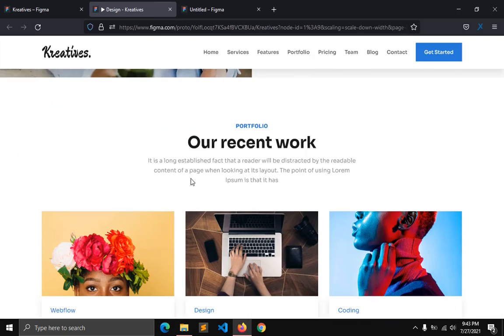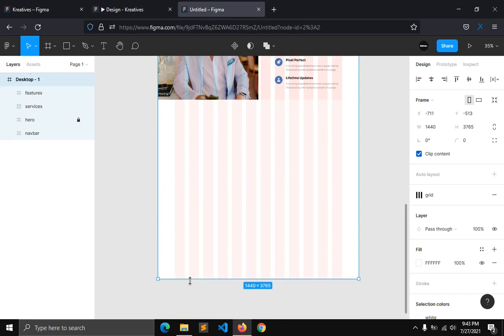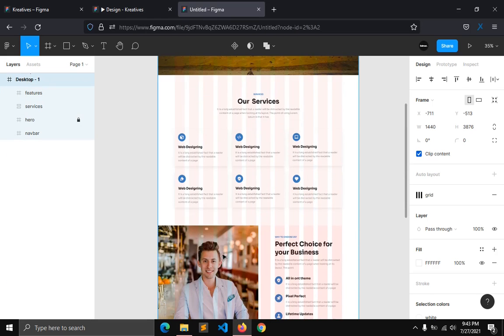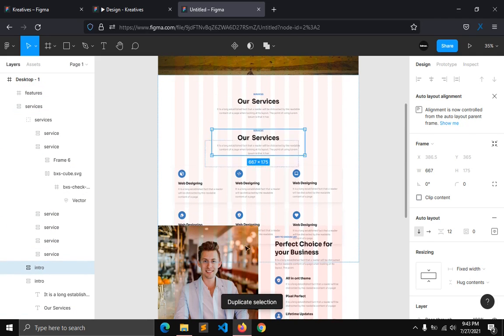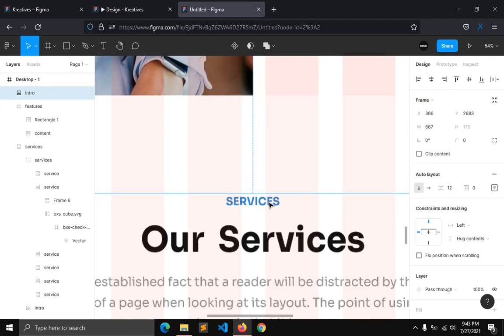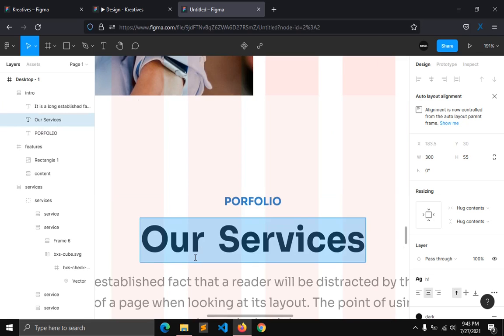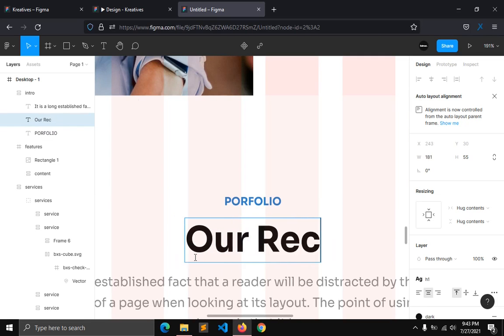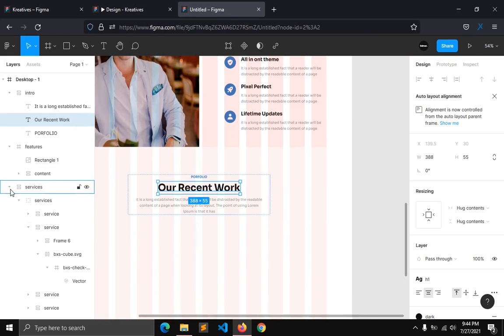And now I'm going to design the portfolio section. I'm gonna increase the height for the frame, and I'm gonna select the intro text. I'm gonna duplicate. I'm going to drag it to here. Rename this text to portfolio. Also, I'm going to rename this to